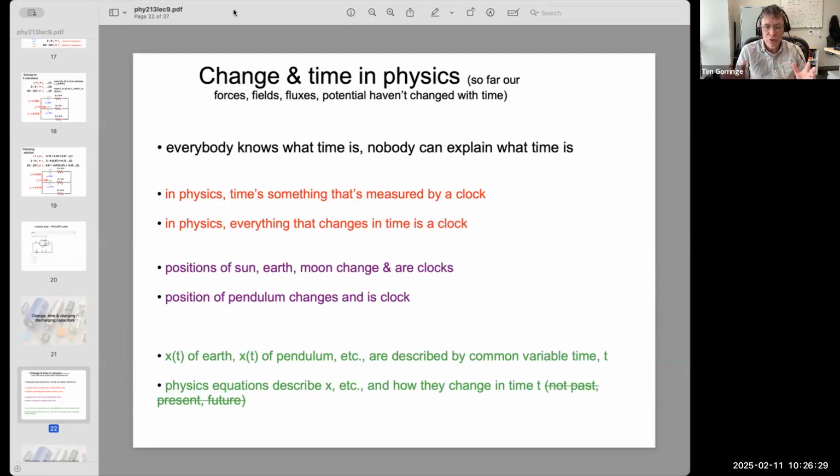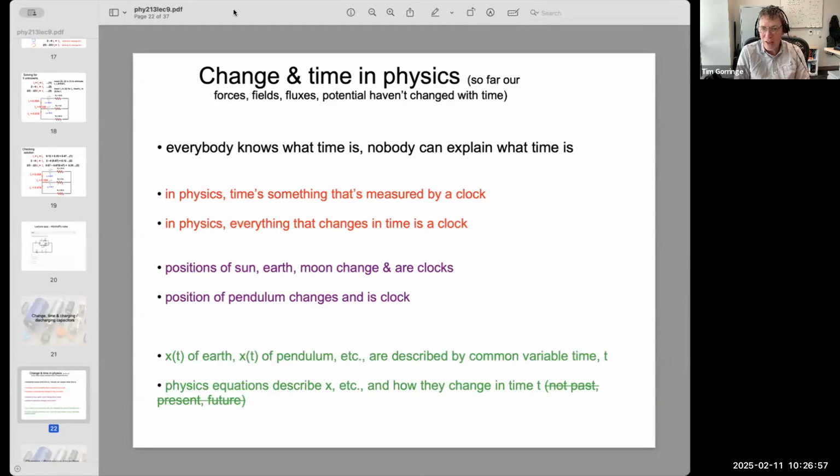Up to now, I've taught nothing whatsoever about things varying in time. We've been living in a frozen physics world of frozen electric forces, frozen electric fields, frozen electric fluxes, frozen electric potentials, frozen currents, and frozen